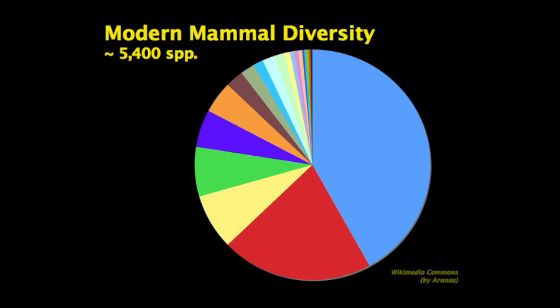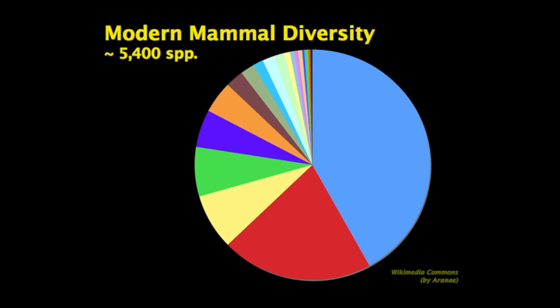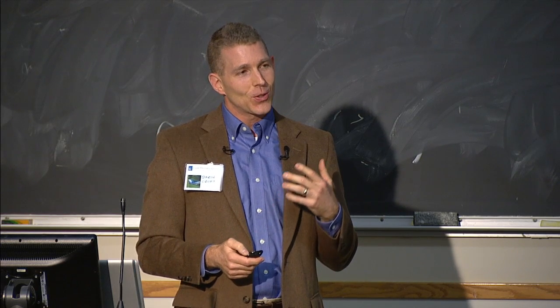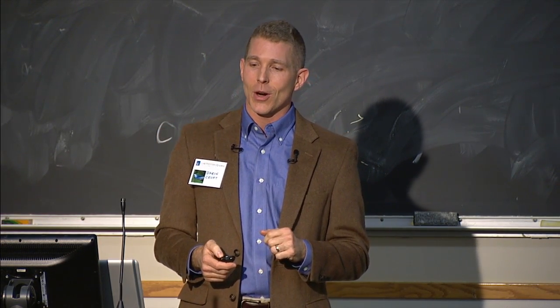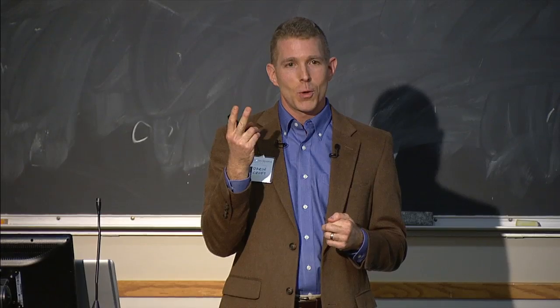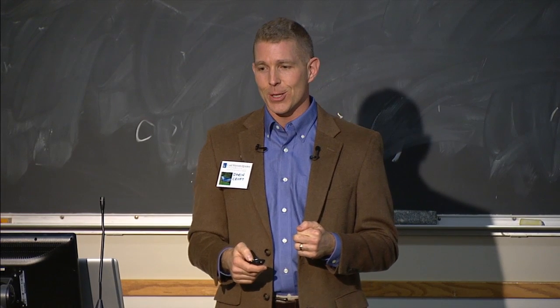There are about 5,400 species of mammals, and I have to say about because literally there are new species being described every day. The vast majority of them, 42%, are rodents. Speaking of depressing, more than 1/3 of all mammal species described are rodents. The second most diverse group, which most people aren't familiar with, are the bats. Another personal favorite of mine, topic of my high school term paper, which made me eminently popular, as you can imagine. So to put this in perspective, if you picked randomly 3 species on the surface of this globe, 2 of them would be either rodents or bats, and they will inherit the earth.